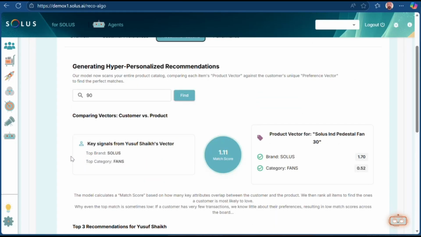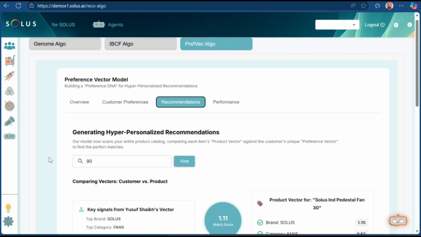Product cold start. Let's say you have a new product that you've launched. Whom would you recommend it to? Let's say there's a new K-drama that's coming out on Netflix. Who do you recommend it to? You recommend it to the people who've had a habit of watching K-dramas. It's the most obvious first point, right? How do you determine that? You determine it by saying, this is the attribute that matters. These customers have shown a strong preference for watching K-dramas, so let me go put it in front of them. So that's content-based personalization, looking at the attributes of a product and saying, therefore, let me pick this.